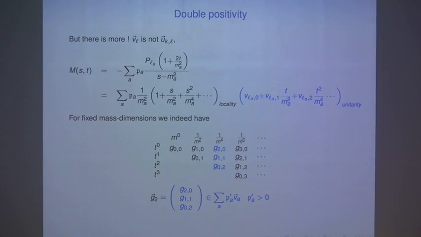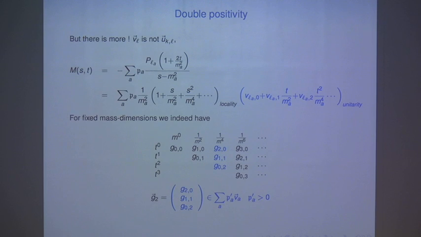So let's focus again on the fixed mass dimension. Now, fortunately, since we're looking at each order in the expansion of T, each of these are multiplied by the appropriate factors of S to form the correct mass dimension. But luckily, all of these coefficients are just 1 here. And therefore, the coefficients for this product of the fixed mass dimension are still basically just the Gegenbauer vectors. So indeed, the boundaries of the Gegenbauer vectors are bounding the vectors that are associated with fixed mass and then further T expansion.